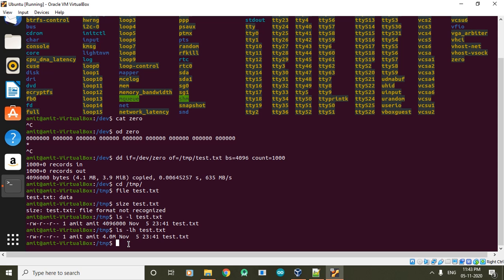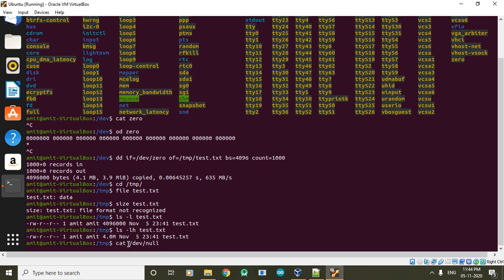If I want to make this file 0, meaning zero contents, how can I do that? For that you can use this /dev/null, and just redirect its output to your destination file. So I'm just running cat /dev/null